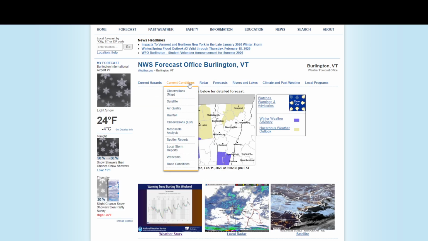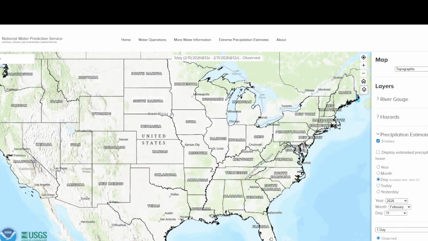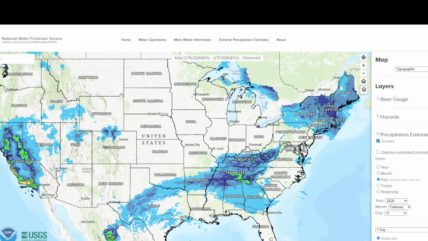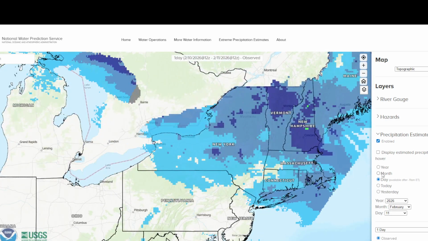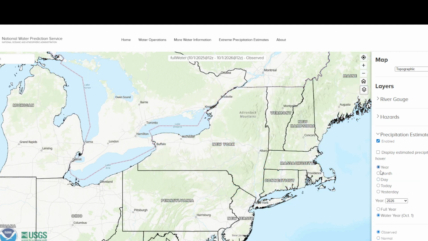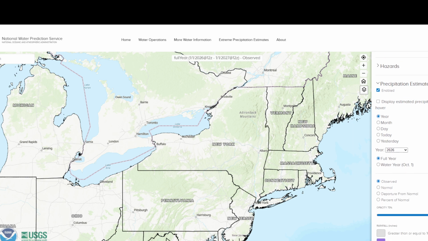Coming back to our current conditions, you click rainfall here, and it will take you to water.noaa.gov. This will take you to the latest precipitation estimate for today. When you go through this, you can even click through like the last year. You can decide whether it's defined by water year or by the full year. You can also decide whether or not you want to look at it based on what the normals are, the departure from normal, the percent of normal,